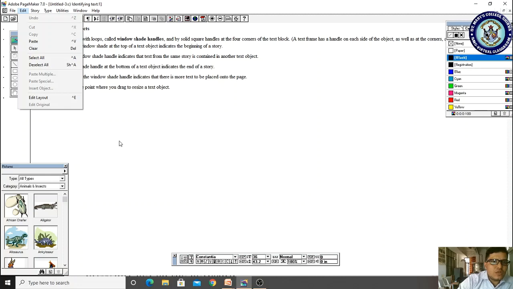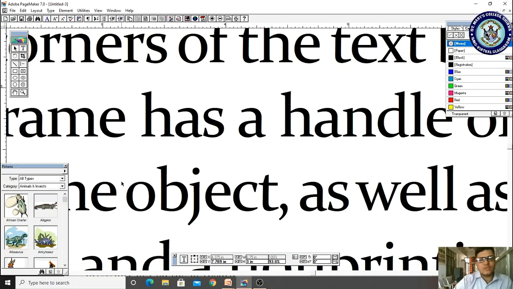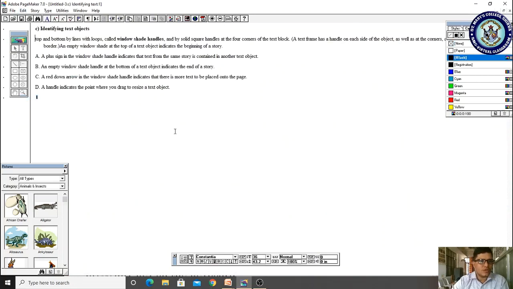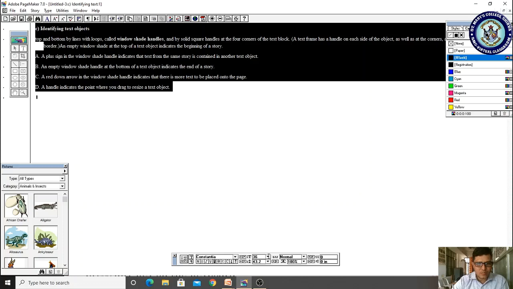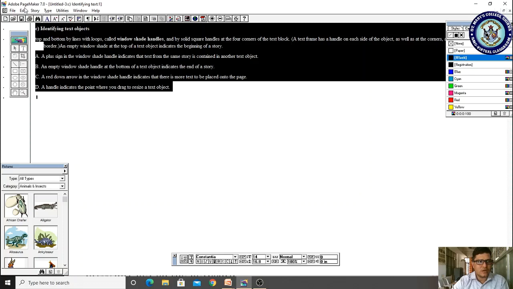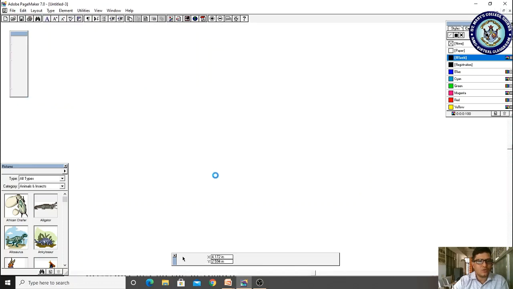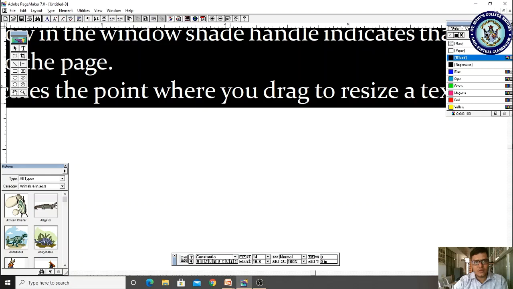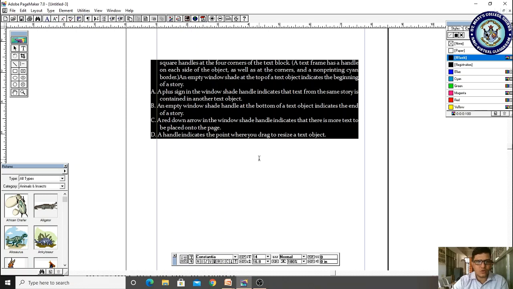Suppose I want to see whether the changes worked or not. In the Edit menu I have to go to Edit Layout. If I click Edit Layout, whatever changes I have made have taken effect, right? Now once again I'm selecting our text, or let me go to Edit Story and select it, and modify it to size 14 and come to the Edit Layout window. So the content is appearing and it is in zoom mode. Let us make it 100%. So we have got 100%.